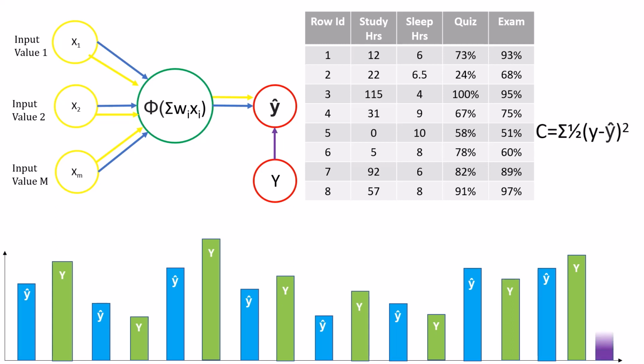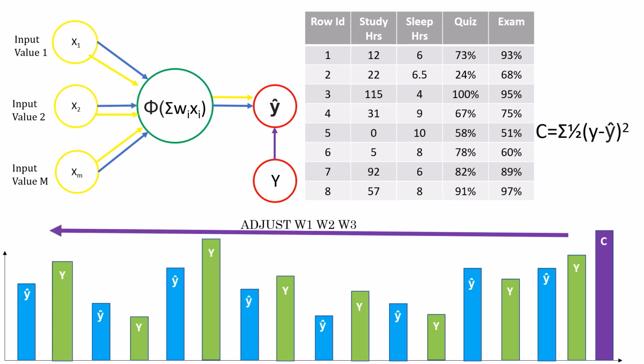When we have the cost function of the entire data, we feed it back to the neural network and update the weights. An important point to remember here is that all the neural networks have the same weights. So there is only one set of weights for the entire data. That's why the cost function is the sum of squared differences of the entire data. Like we saw in the previous example, we update the weights repeatedly. The same thing is done if there are either 8 rows or 800 rows or 8000 rows or even 8 million rows. The main goal here is to minimize the cost function.